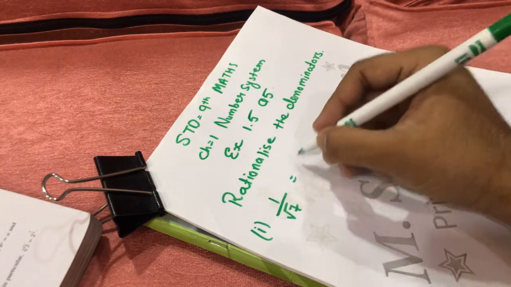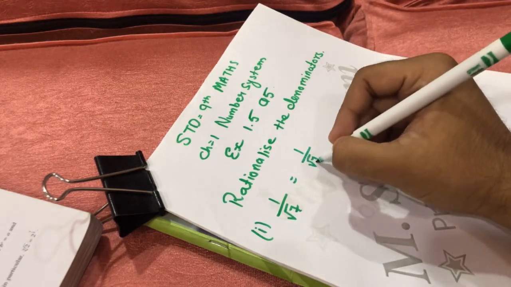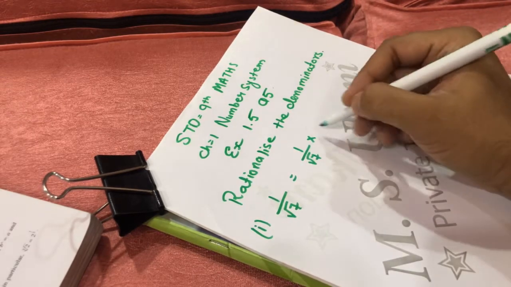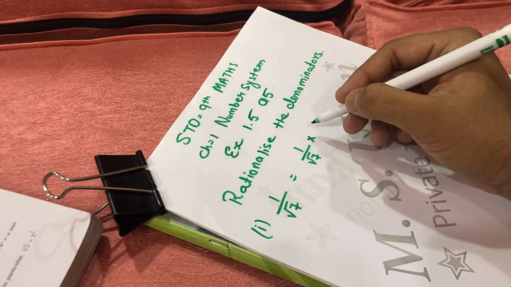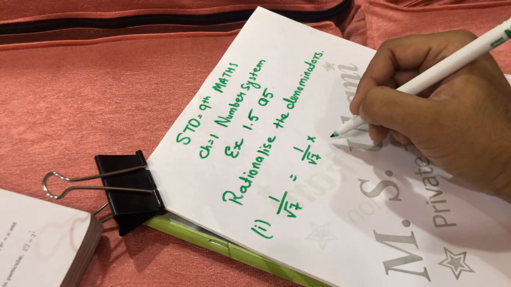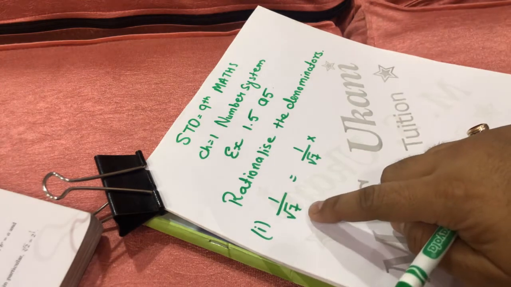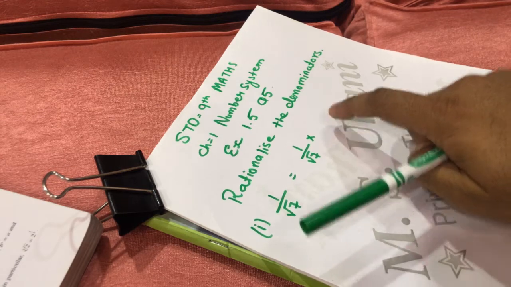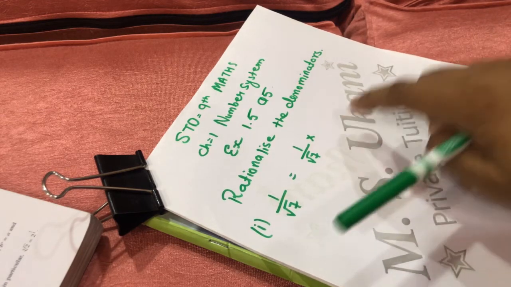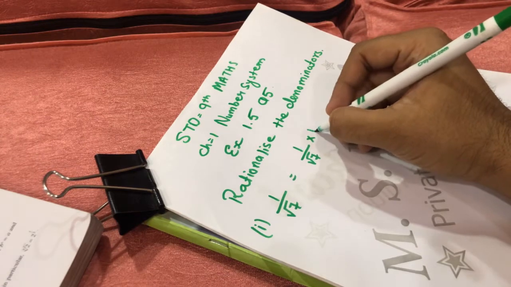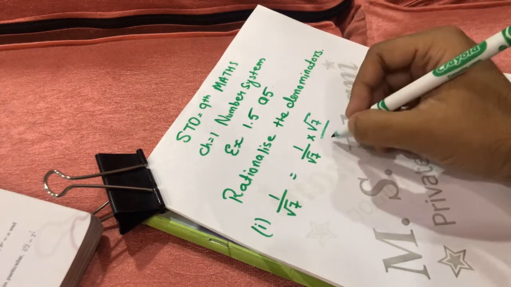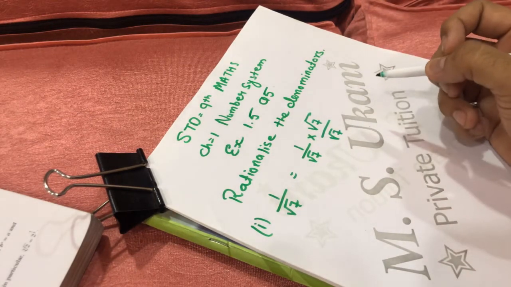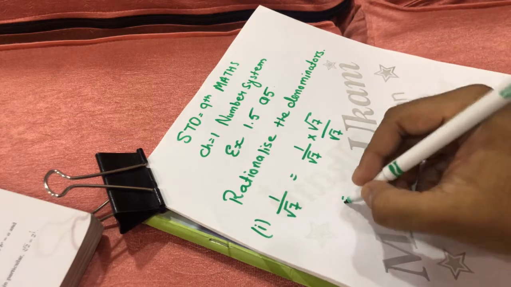So here we have to write the question again and multiply the denominator on both the sides. On both the sides means in numerator also and in denominator also. Means हमको डिनोमिनेटर को मल्टीप्लाई करना है ऊपर भी और नीचे भी, that is numerator and denominator. So हम root 7 को मल्टीप्लाई करेंगे यहाँ पे भी और डिनोमिनेटर में भी. इसको हम बोलेंगे rationalize the denominator. Now let us do the further step.